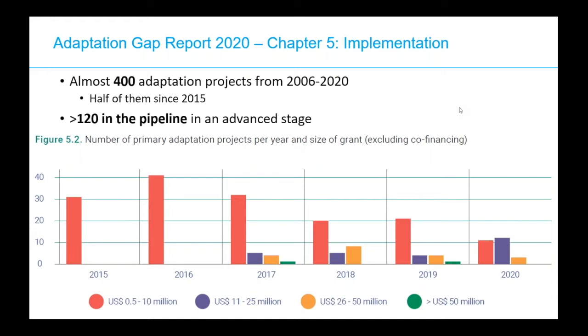You can also see that in the diagram below, and what is essential here is that since 2017, we see a trend to larger funding volumes per each individual project, which allows potentially for the ability to more systematically address systemic climate risks. So that's a very interesting finding. And in 2020, you see that for the first time, the number of projects between 11 to 25 million US dollar has overtaken the number of smaller projects below 10 million.